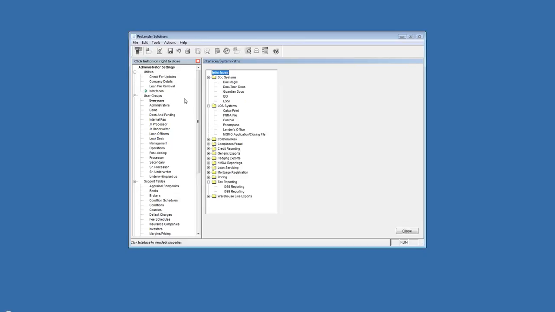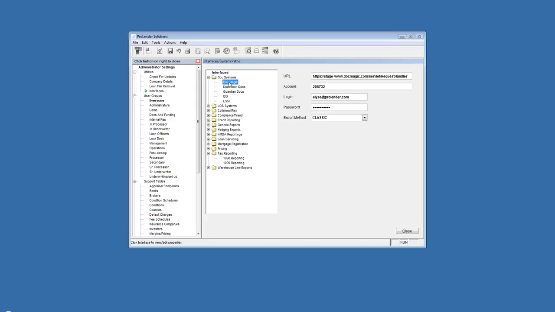Now the last section is for interfaces. Now in here is where you're going to set up any interfaces that you want to use with your vendors. So most of these are very easy and straightforward to set up, so let's just take a look at a few of them. Under the doc systems, if I click on DocMagic, you'll see that there's a few fields that you'll need to complete. You'll need to enter in the URL, your account number, the login and password, and select